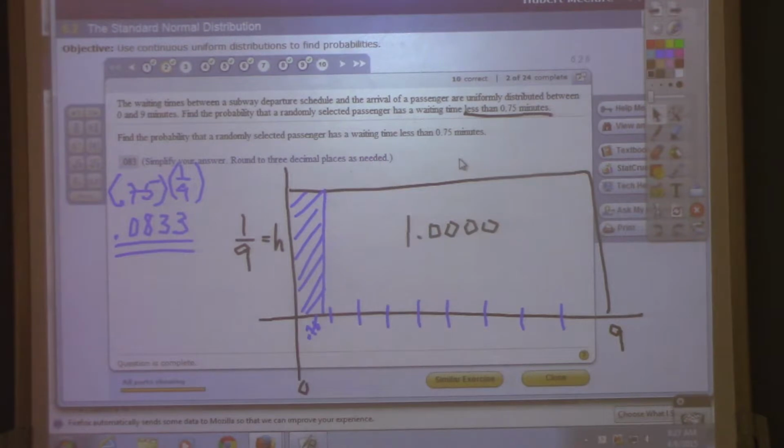Now, you're talking about on a test, maybe 1 or 2 questions on the Chapter 6 test. So there's your 2 questions right there. I'm not going to spend a lot of time on uniform because